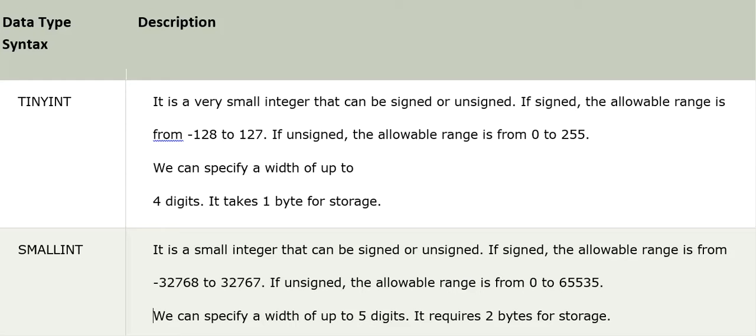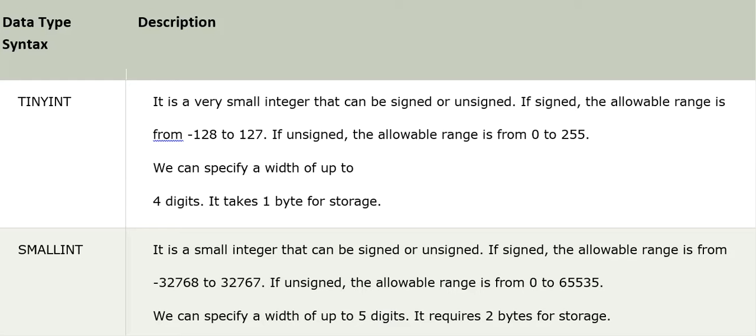As you can see, you can store signed values. Signed values means negative and positive values, so we will be talking about the positive and the negative. We need to define the value range, which is allocated over here as -128 to 127. And if you don't want to store negative values, then you get a range of unsigned numbers, which goes from 0 to 255.